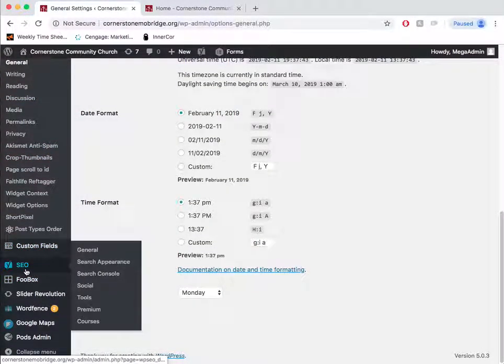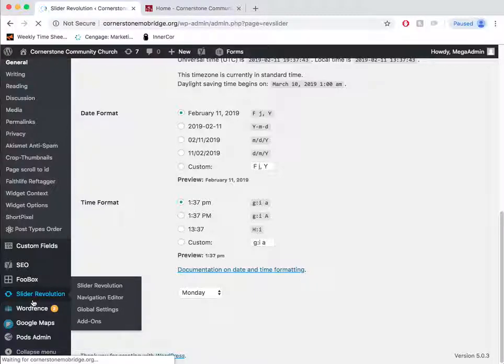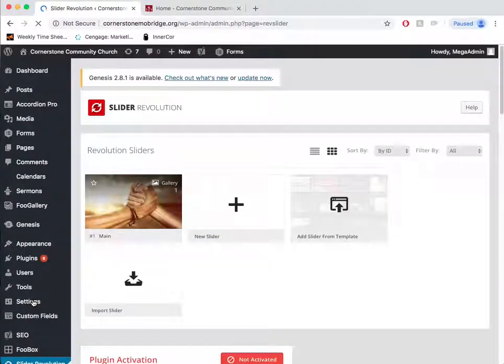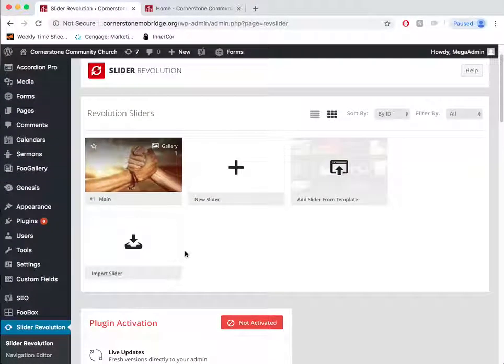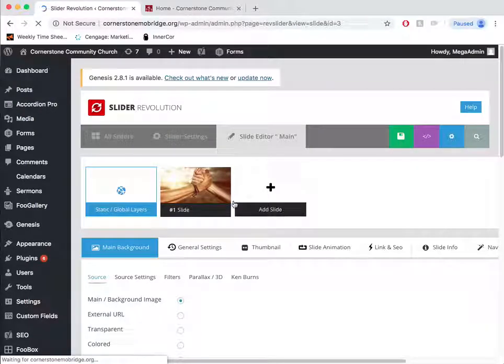Then we will go to Slider Revolution. So this is a bit more complicated, and if you were to need more information on this, if you'll just email me, we will help you get that figured out. But this is just, so here's